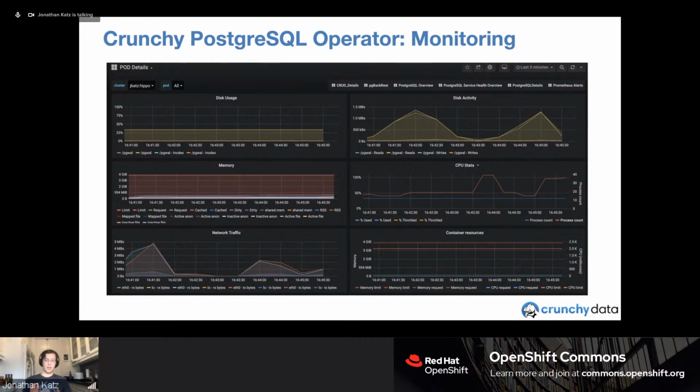One of the dashboards that I want to show is related to getting pod-specific metrics. This was an issue that we had run into for a long time: some of the key metrics when using a Postgres database are related to your actual pod utilization, and we had a hard time pulling these metrics out in a consistent way. One of the people at Crunchy Data, Joe Conway, a Postgres committer, major contributor, and now a container enthusiast, wrote an extension to Postgres called pgnode-mx that can reach inside the pod and pull the information out of the various cgroups. And it works for cgroups version 1 and version 2.